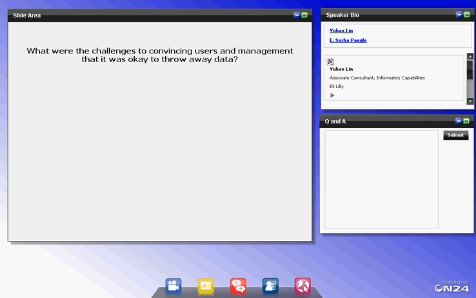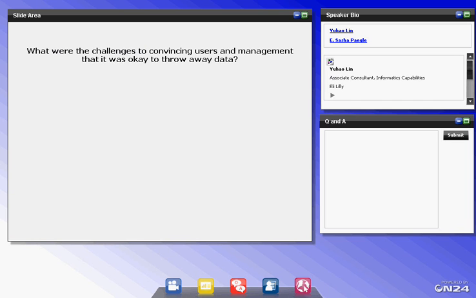This is either for Sasha or Yuhao. What were the challenges to convincing users and management that it was okay to throw away data? Yeah, that's a good question. There's a couple of types of people involved. One is the bioinformaticians who are using the data, and the other is the storage admins who are setting the policies. For the users, it was hard for them to really know what data can be thrown away, as I